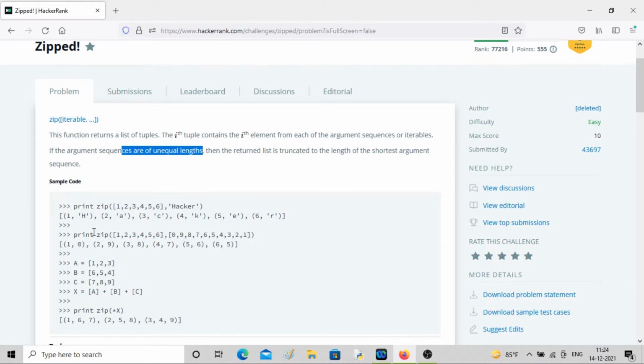In that case, zip will return a list truncated to the length of the shortest argument. The shortest argument is this one, so corresponding to this, it will make the tuples. So 1 0, then 2 9, 3 8, 4 7, 5 6, 6 5. You can see this whole thing is a list. So that is what zip means.